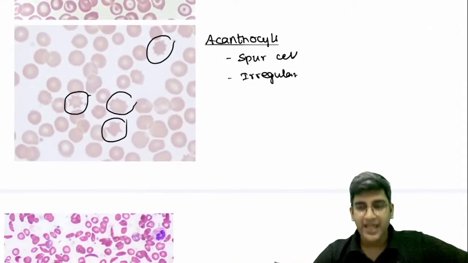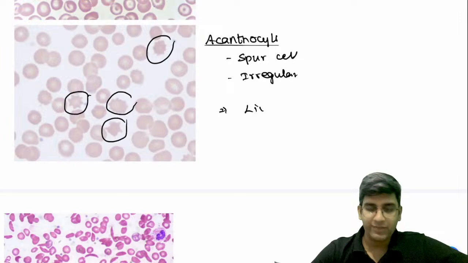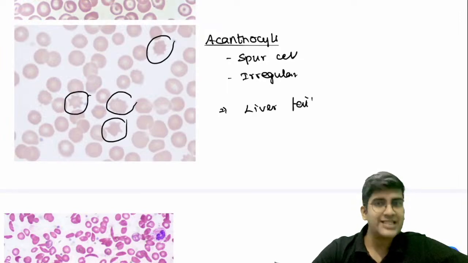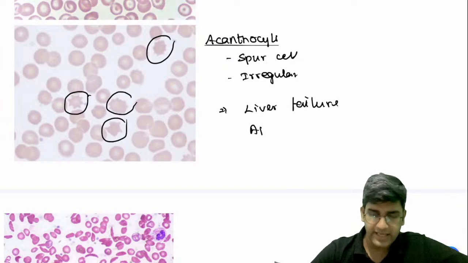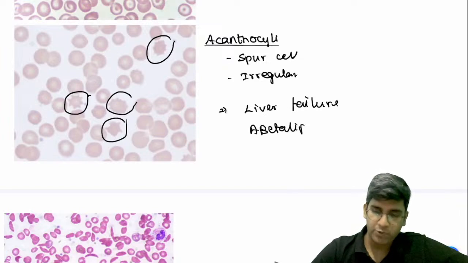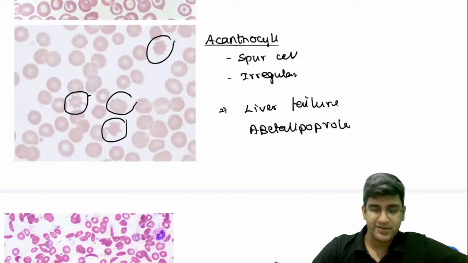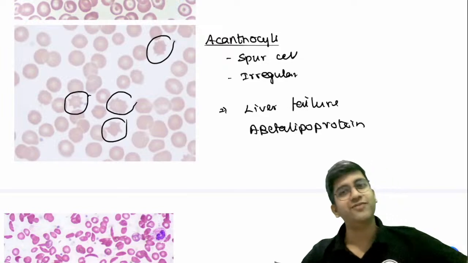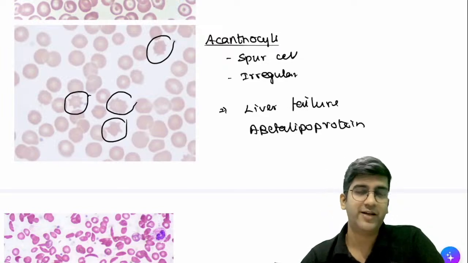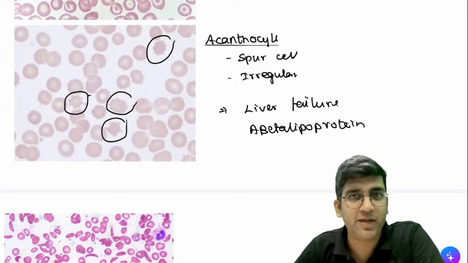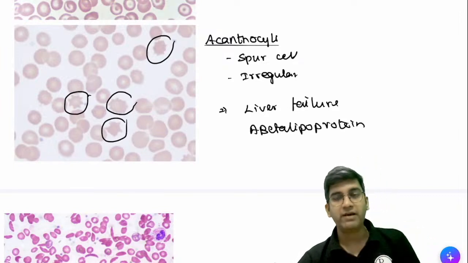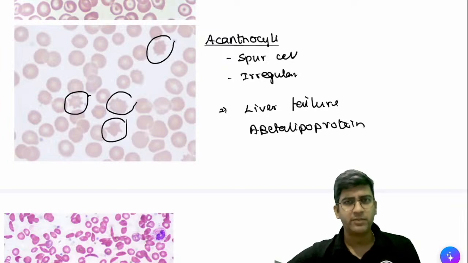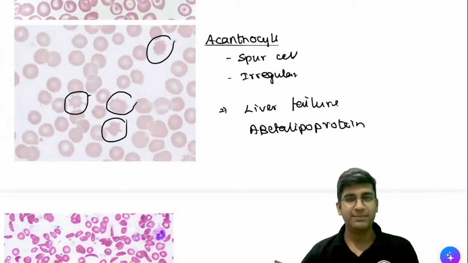And like Dr. Sri said, abetalipoproteinemia has come in an exam, but I want you to first think of liver failure. Once liver fails, you will have acanthocytes. That's the common thing. And obviously abetalipoproteinemia, right? Don't memorize. Once you memorize, it's very difficult for us to recollect after 10 years. I'm reading. Let's read for 10, 20 years. Why read for 6 months, right? Abetalipoproteinemia. What does it mean? What do you mean by abetalipoproteinemia? There is no beta lipoprotein, right? That's what it means. A, absent beta lipoprotein, right?